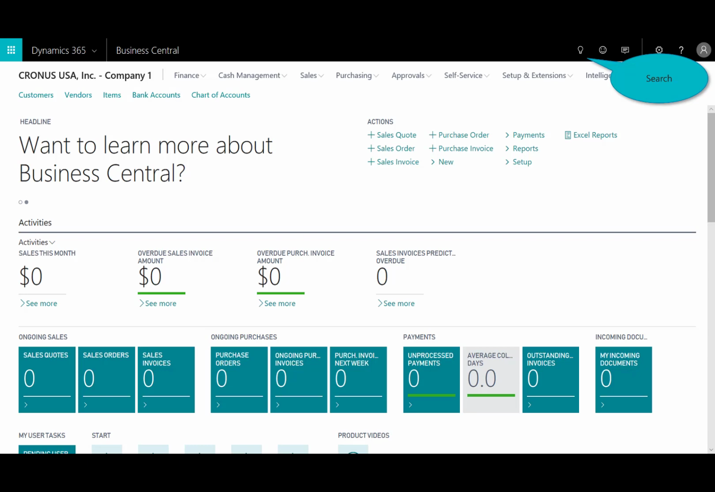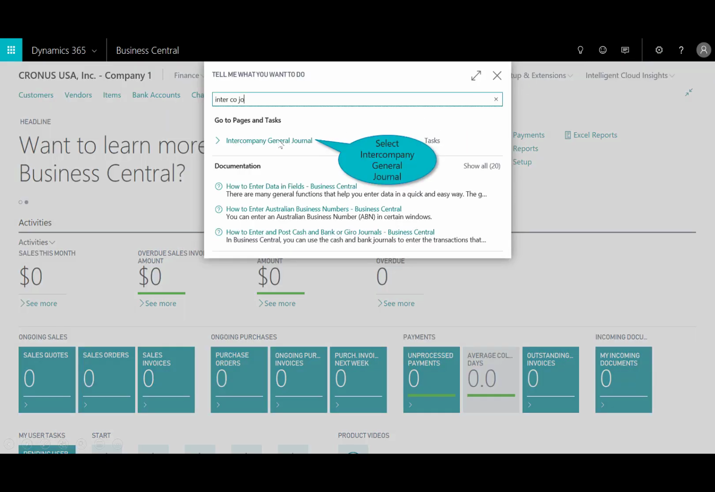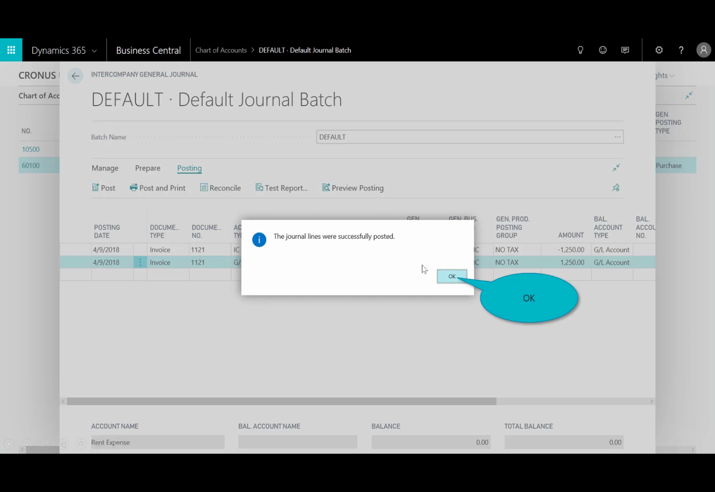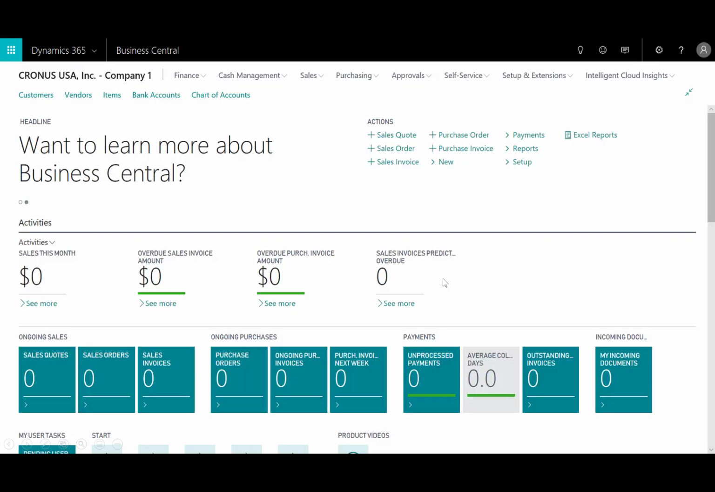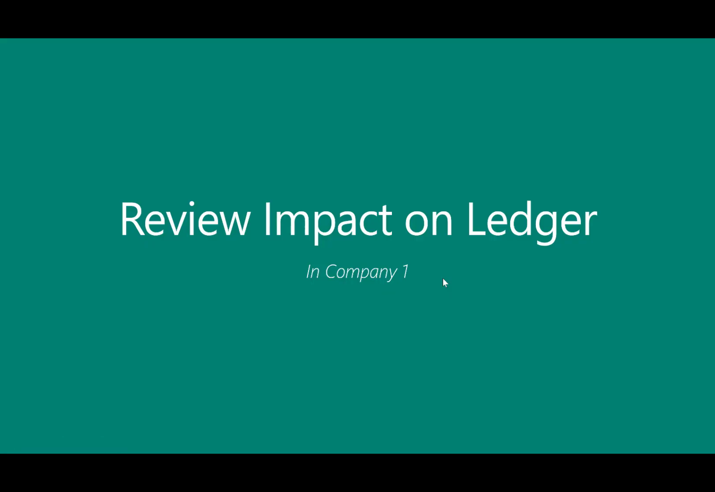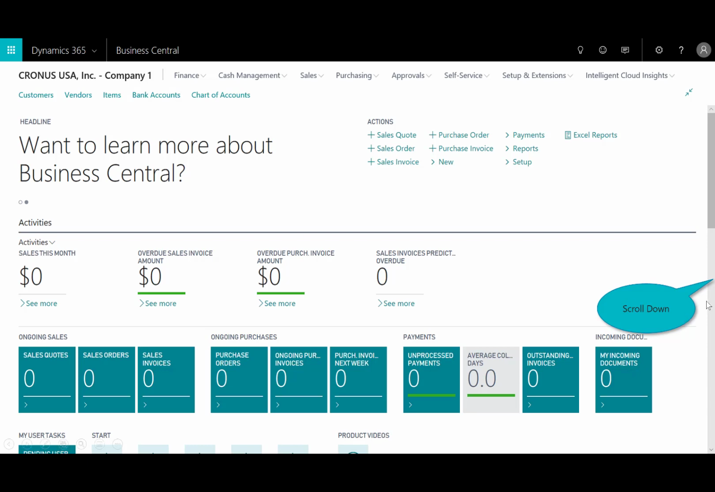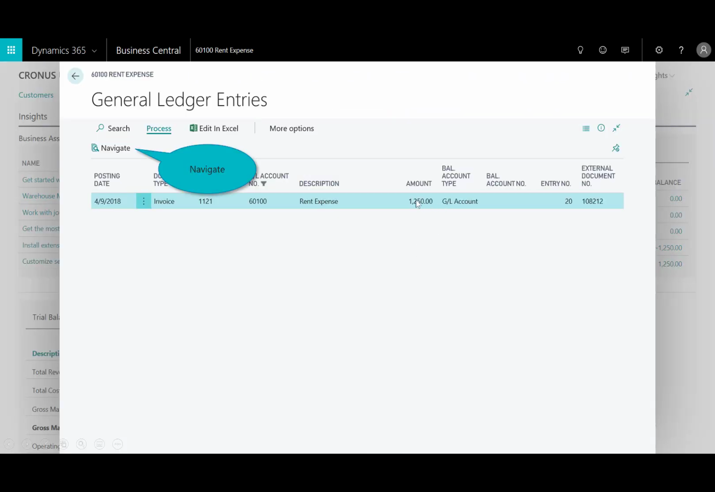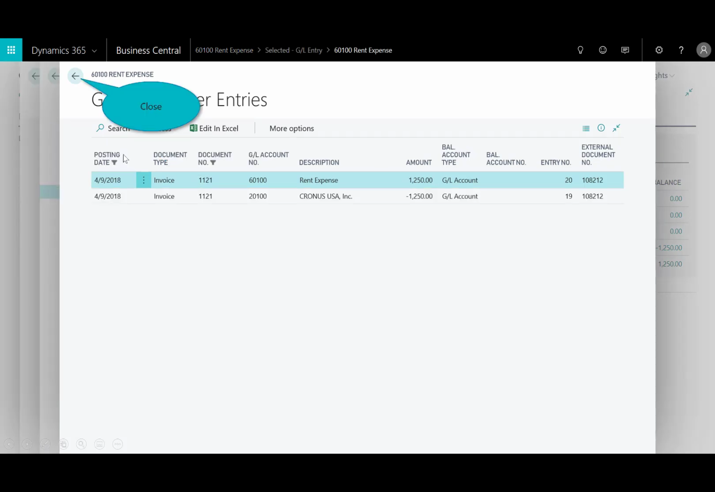Now in the posting, I'm still in company 1, we'll search on the intercompany general journal, and you see that rent expense. We'll go ahead and post those charges, and then I can take a look at the impact it has on my ledger. On the same home page, I can scroll down, and you'll notice here if I now drill into that accounts payable, there's that $1,250 that we've incurred, and I can navigate and drill into the detail,